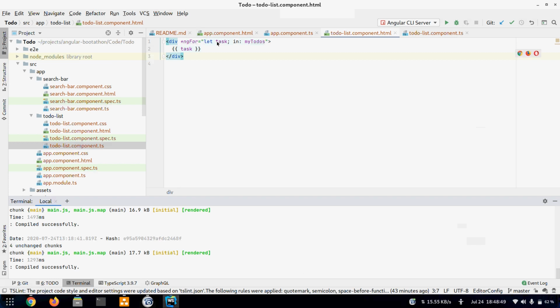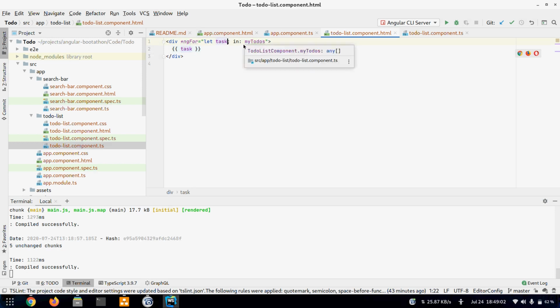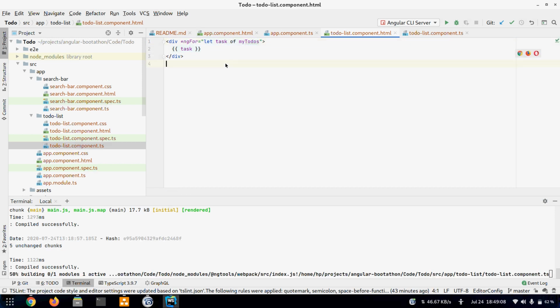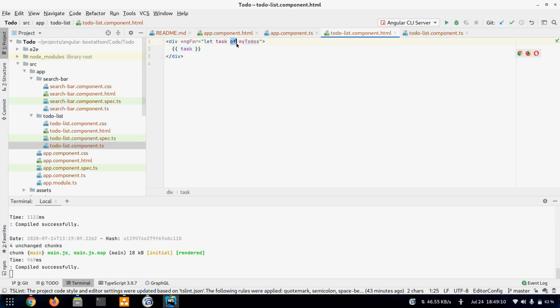Okay, so ngFor is equal to let task off. Actually it's of here. In JavaScript we use of on arrays and in for objects to loop.